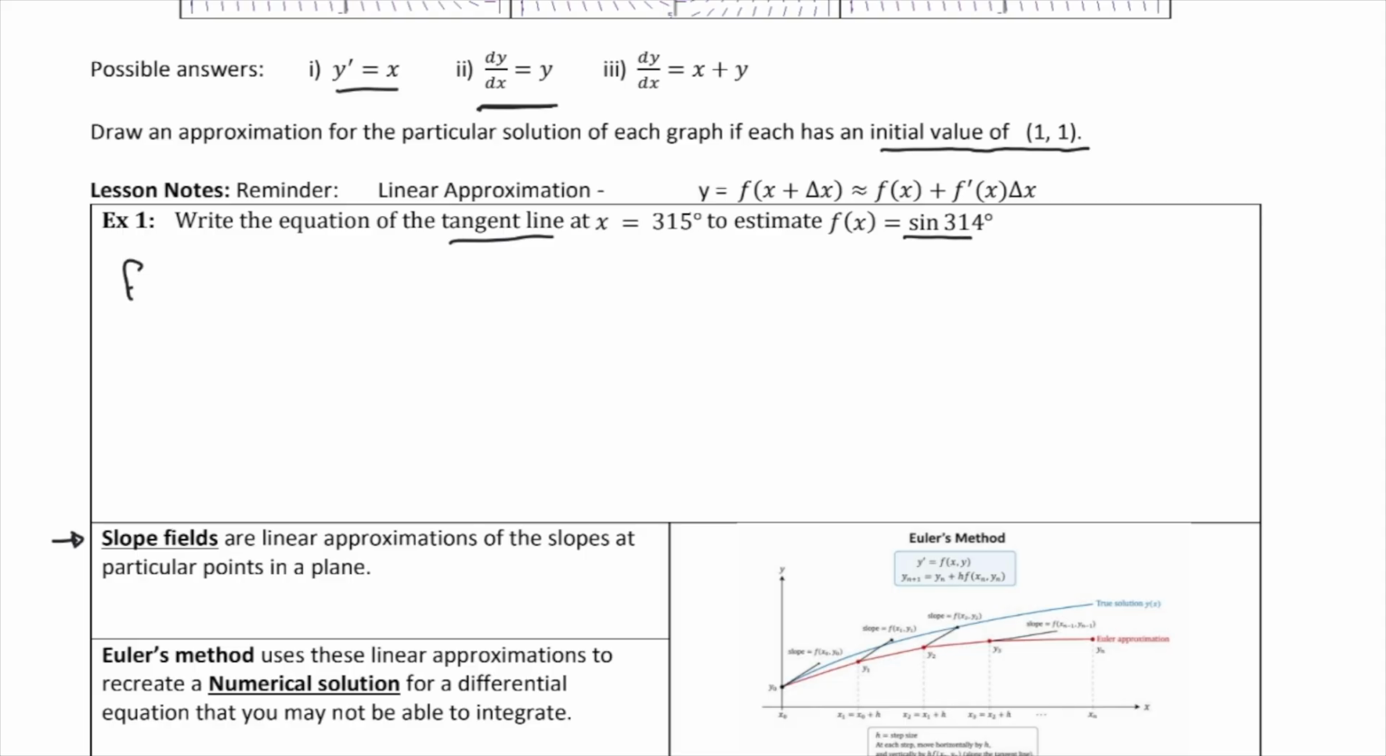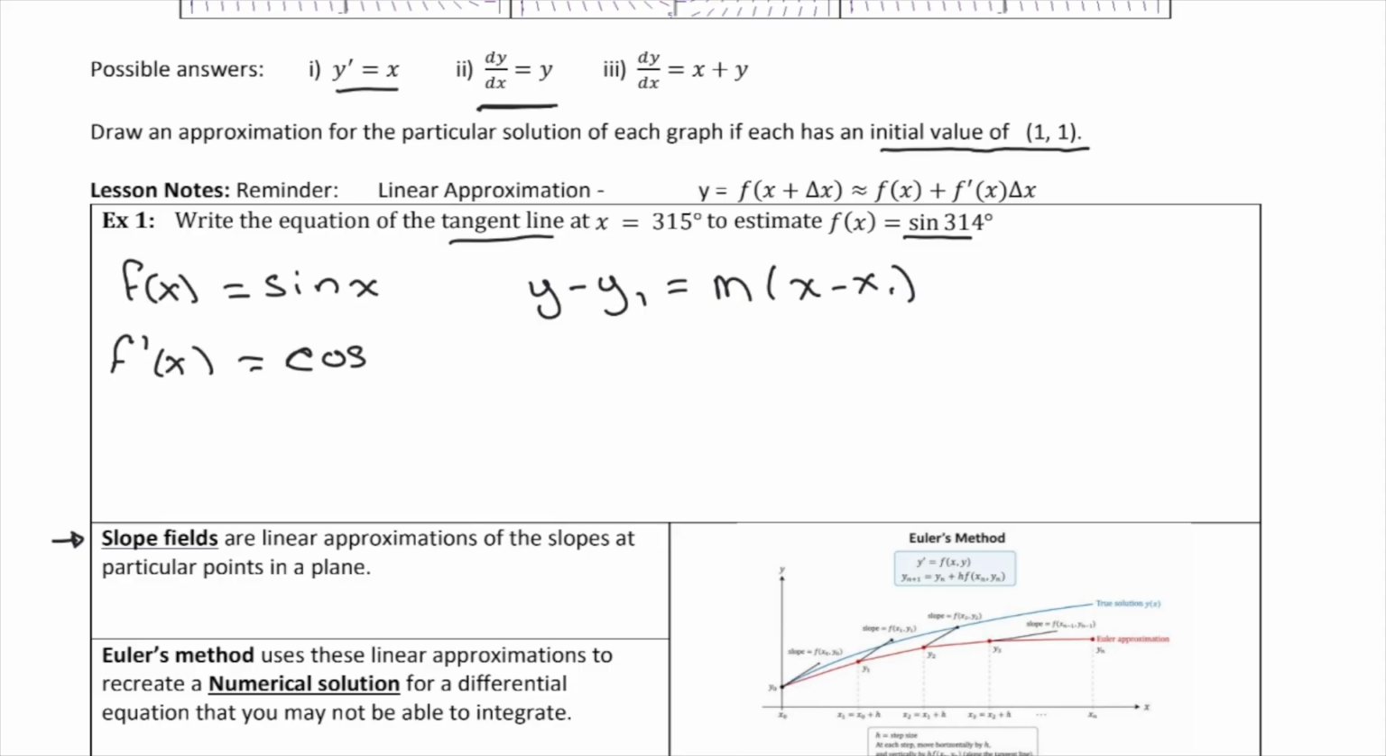So the function that we're interested in is the sine of x. What we know from last year is that we could use the equation of a tangent line, y minus y1 equals your slope times x minus x1. As you'll recall, the slope is the derivative at the point, so we're going to write the equation of the tangent line at that point. And in this problem, f prime of x is going to be the cosine of x, and specifically we're interested in the point